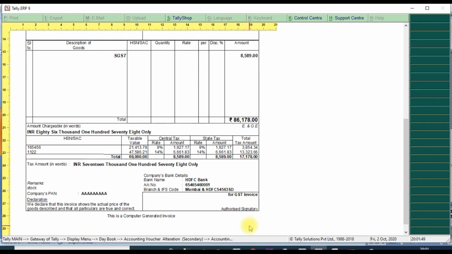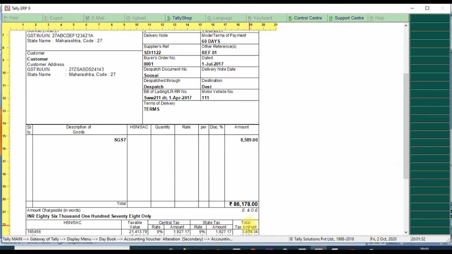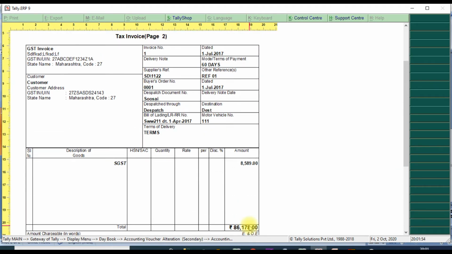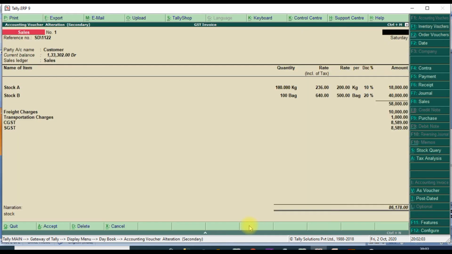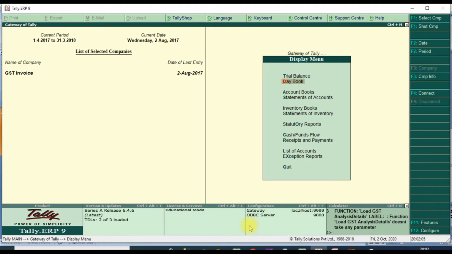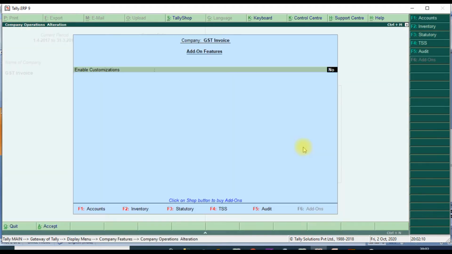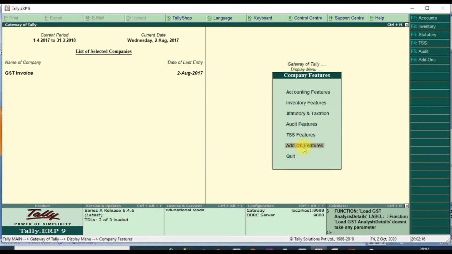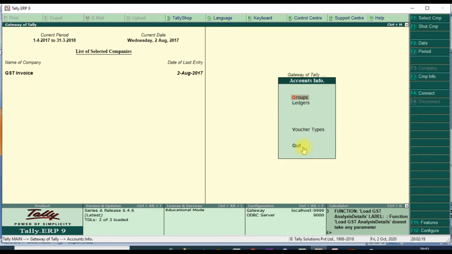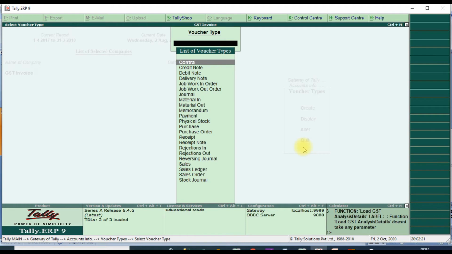We have done a customization, some different changes are there. We will see that. First we go to Gateway of Tally, F11 features, add-on feature, enable customization, yes, then save it, then go to accounts voucher type, alter sales.